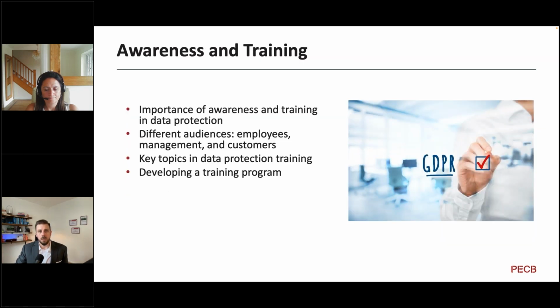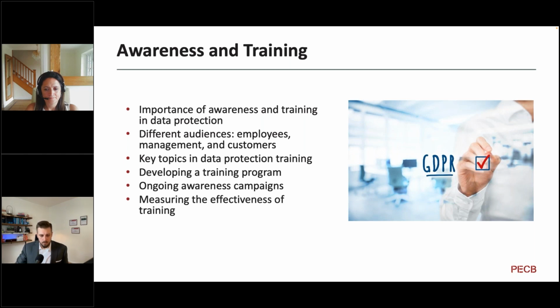Awareness and training. Should I take this? Yep, go ahead. Brilliant. So in terms of awareness and training, it's a critical role for the organisation, ensuring that data protection is adhered to. It's not just about having the policies and procedures in place, it's also about ensuring that everyone understands and follows those policies. So the standards that Mike has just talked about are a really good way of being able to work through that process and implement those measures that you need in place.